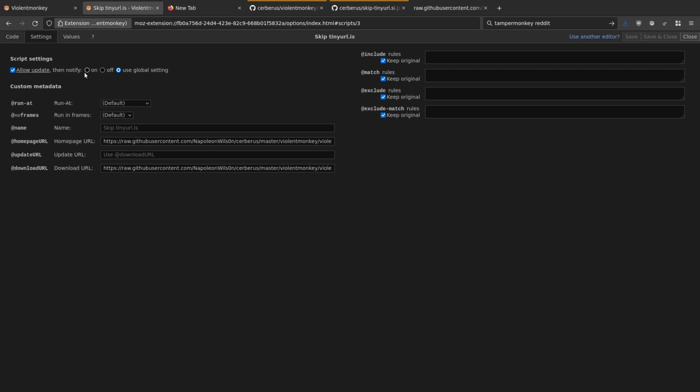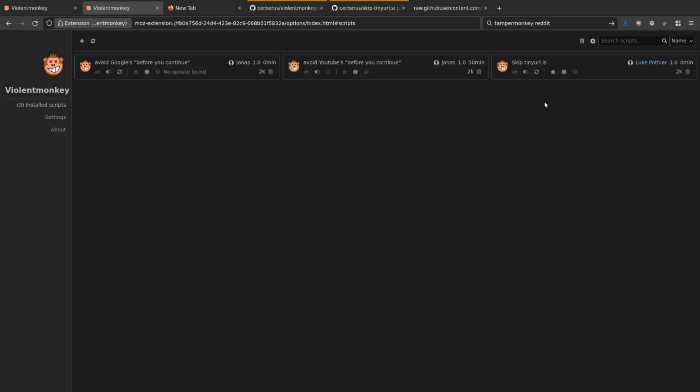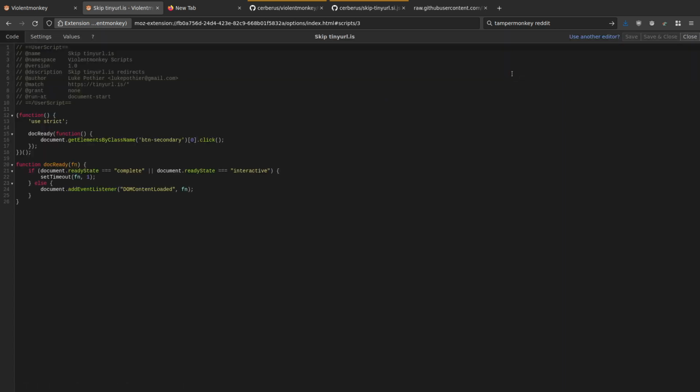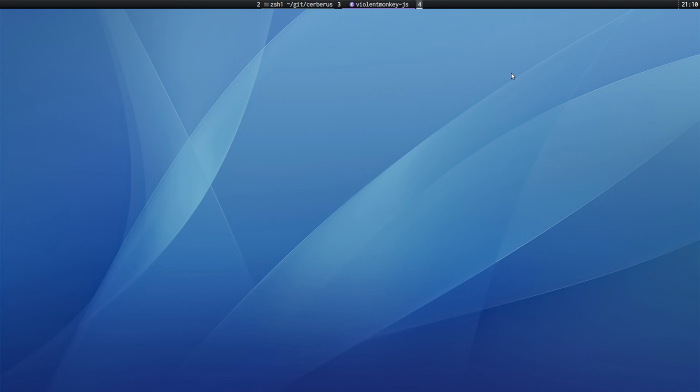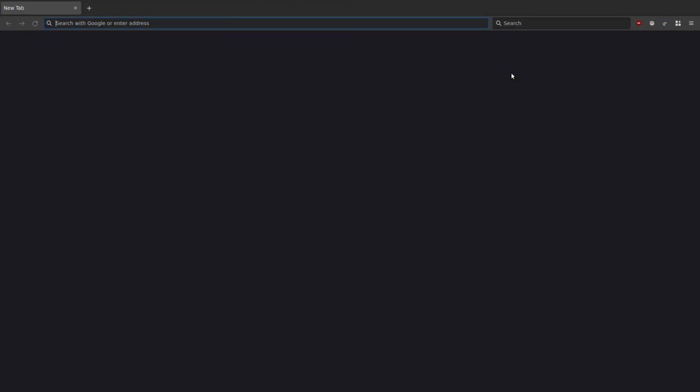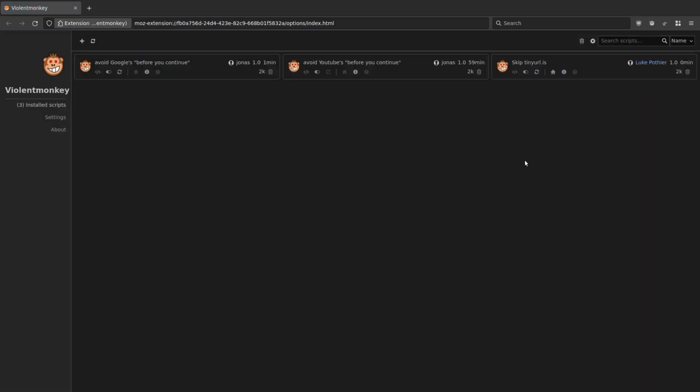Allow updates, use global settings. Okay, let's try changing it to on rather than global settings. And now we're getting an update button, check for updates. No updates found. There should be a way to get it to work, but I just thought I'd have a look while I had it open. So let's try reopening Firefox and seeing if